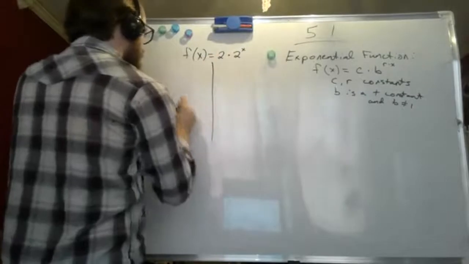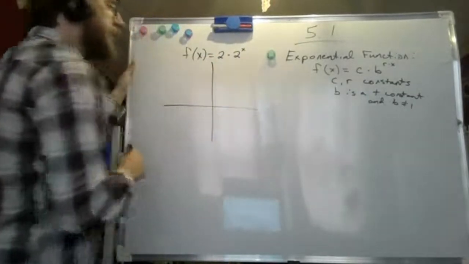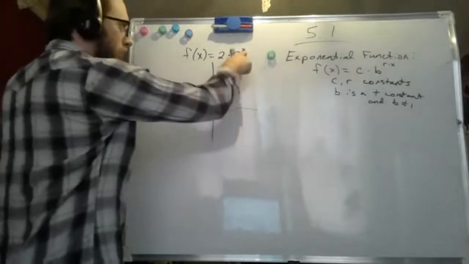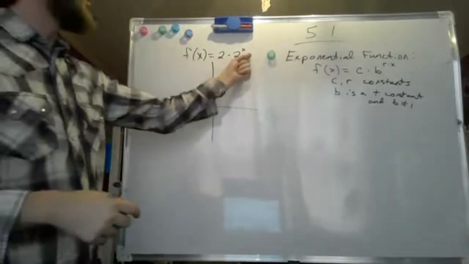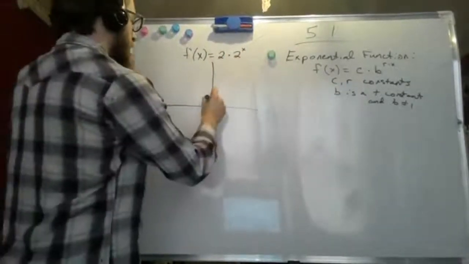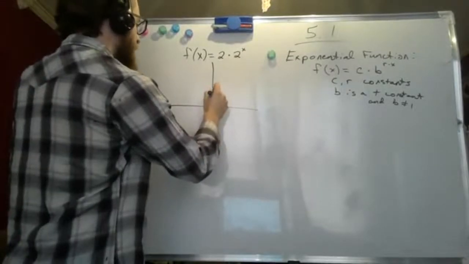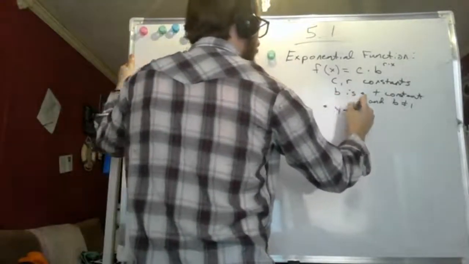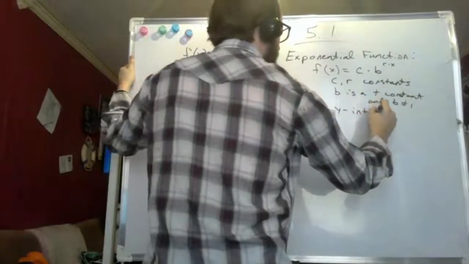Well, with these functions, you can always find your y-intercept very easily, because if you plug in x equals 0, then we have 2 to the 0 is 1, and we have 2. So we have a y-intercept at 2. And so this is actually a fact that's true of all exponential functions. The y-intercept